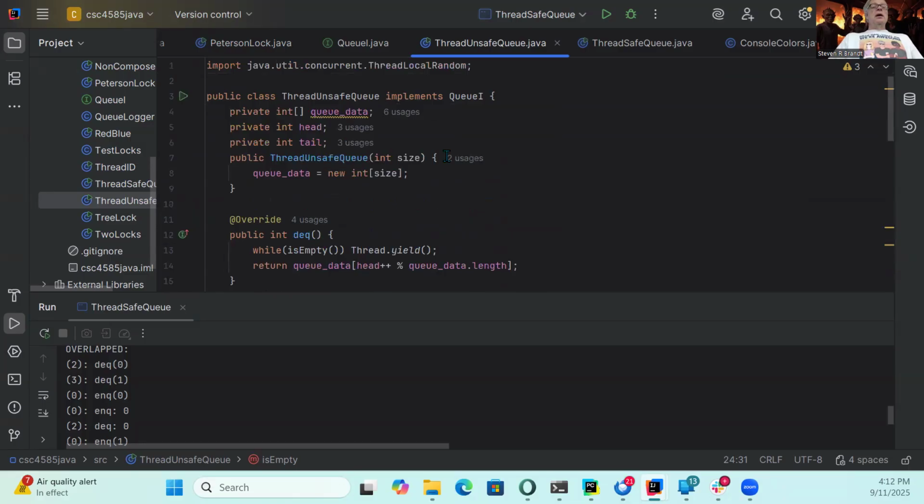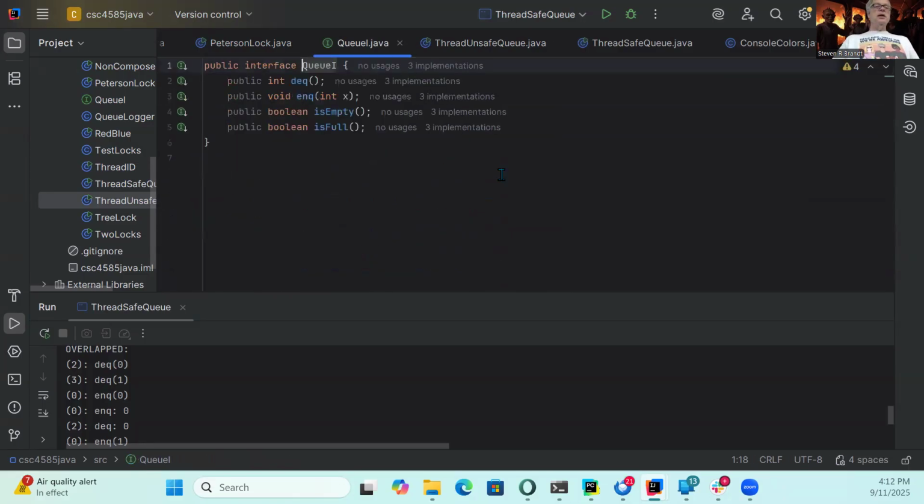Now, up here, I have this QI interface that I made. Okay, and it has,